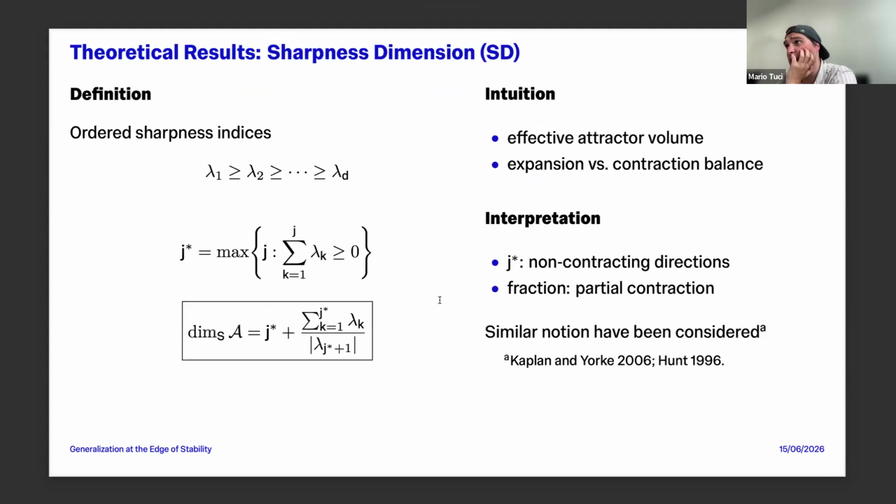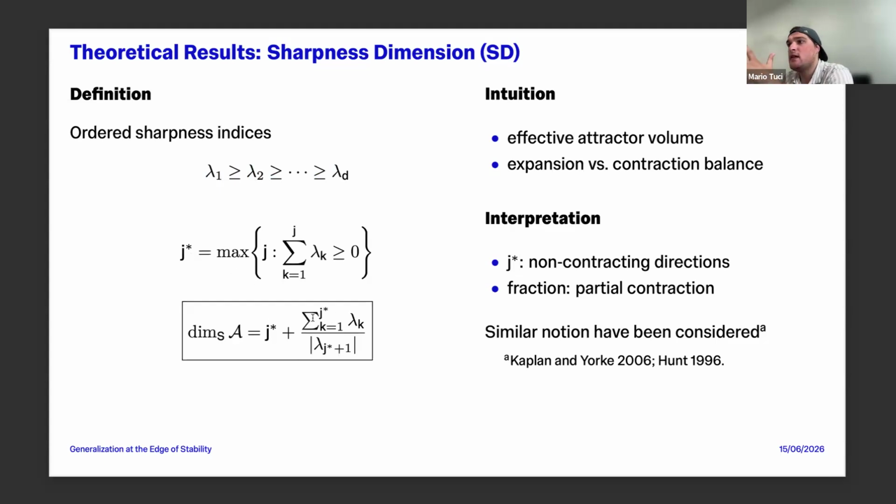So what we define with that is a new notion of dimension. We have our sharpness coefficients of order k, which are determined by the singular values of the Jacobian of the update map. We order them, and then we look at the index: the maximum index such that when I sum up my sharpness coefficients, they stay positive.